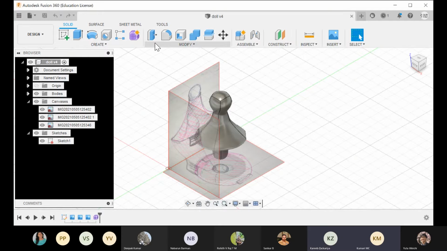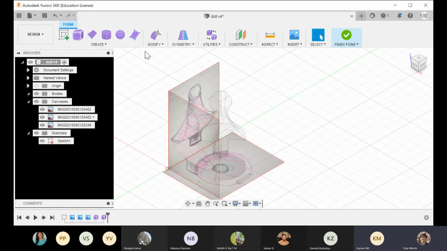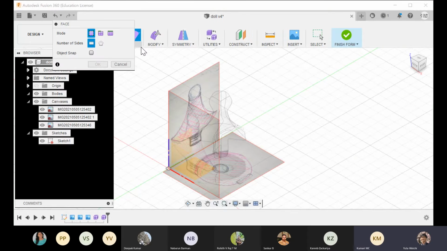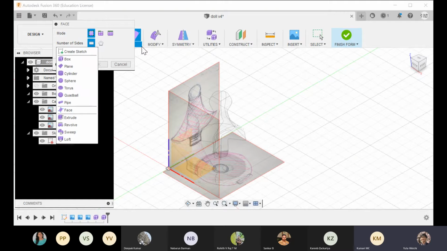Please explain how you went about it. Yes, ma'am. First of all, I prepared 3 sketches and put three forms, a sphere and 2 cylinders.